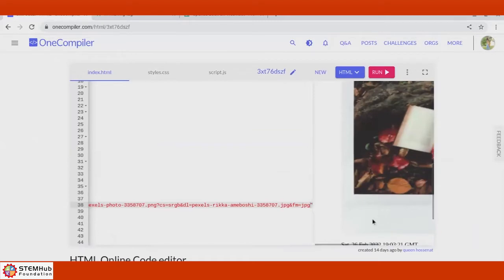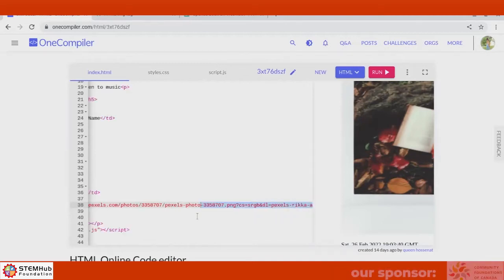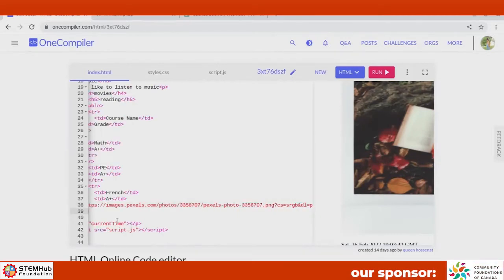Okay. Now what I want you to do is do the exact same thing, but do it with a different image. So just copy and paste line 38 onto line 39. So just the whole line, go from the start of line 38 all the way to the end.